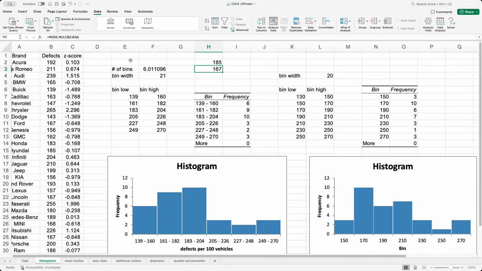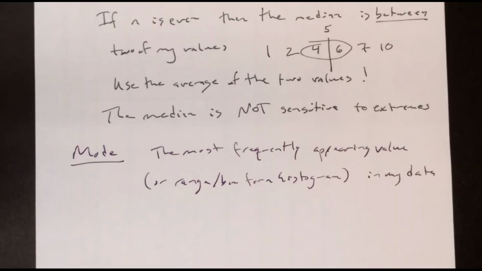Mean was 188. Median's 185, mode's 167. Okay. When I described this histogram image, I said it was a skewed histogram. But it turns out that even just looking at our different measures of center allows us to compare those to each other. Bottom of page 102